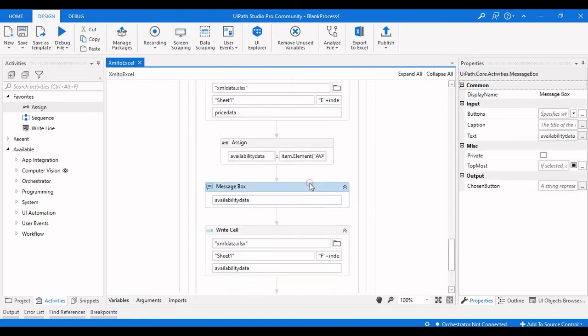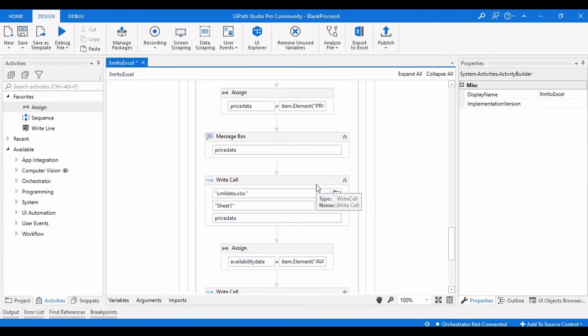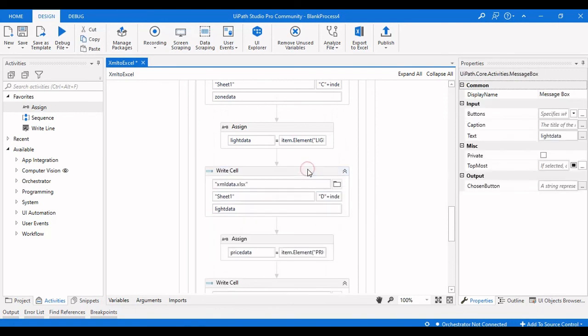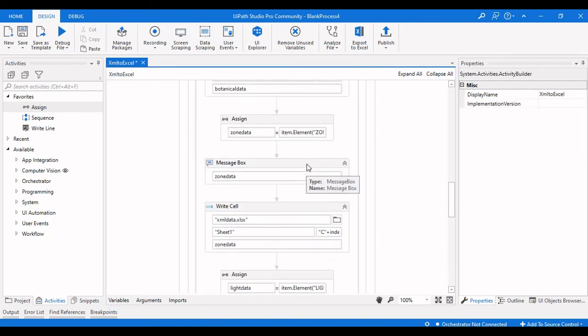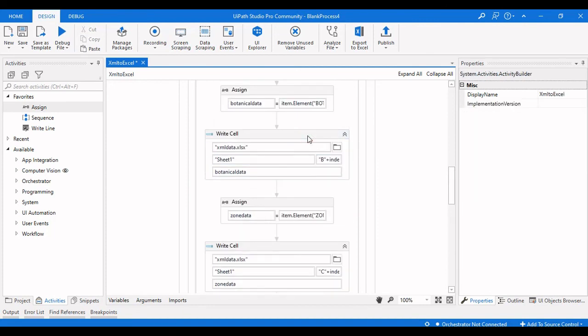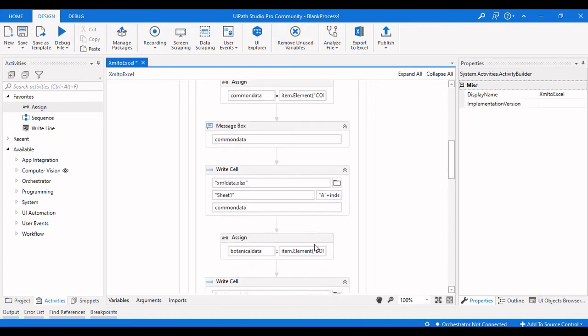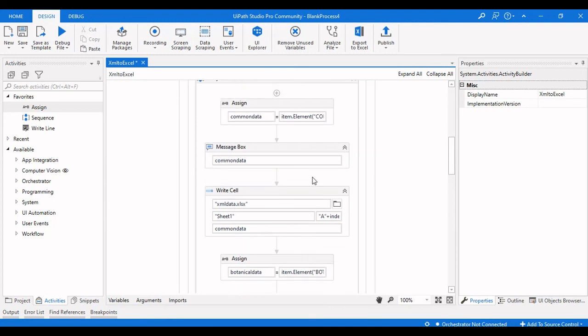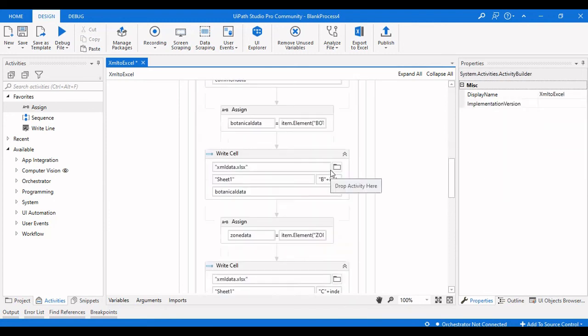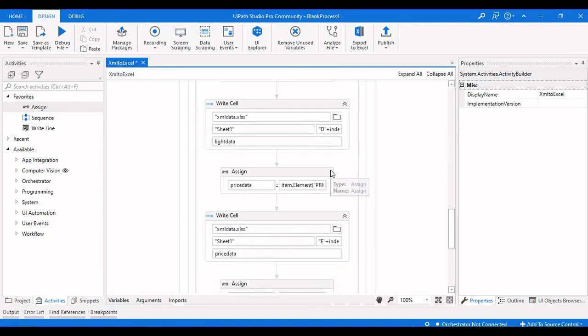So for our convenience we will remove these message boxes now so that the process can complete faster. Let me check once again if there are any message boxes elsewhere.